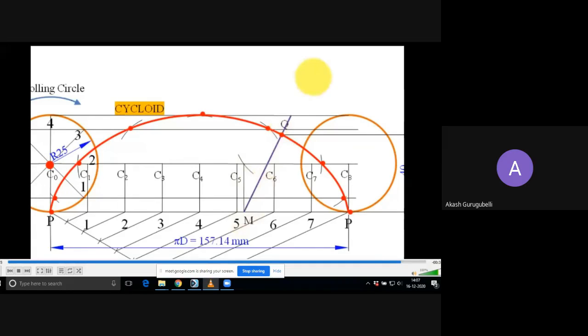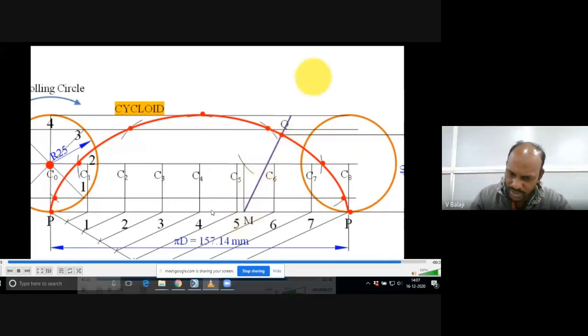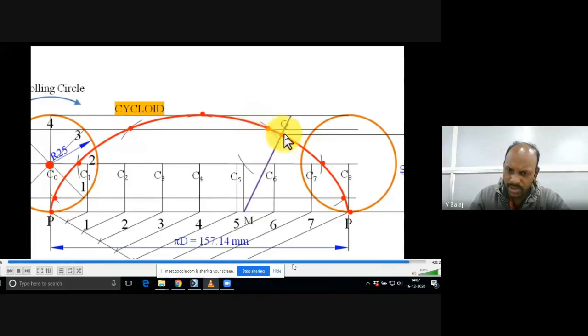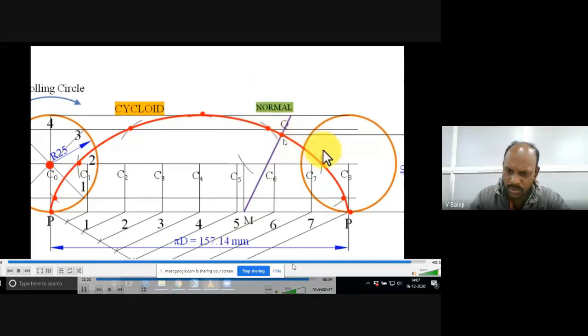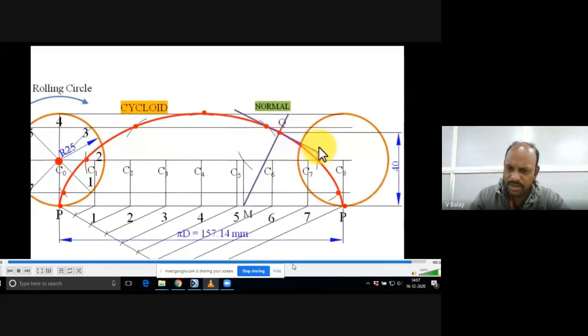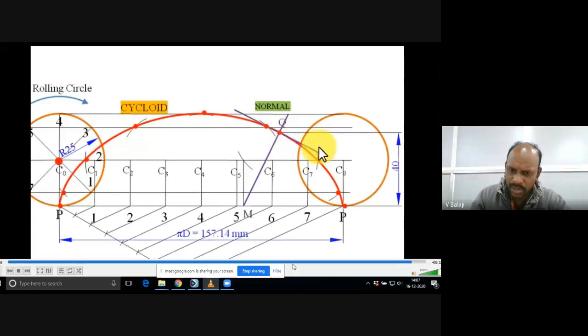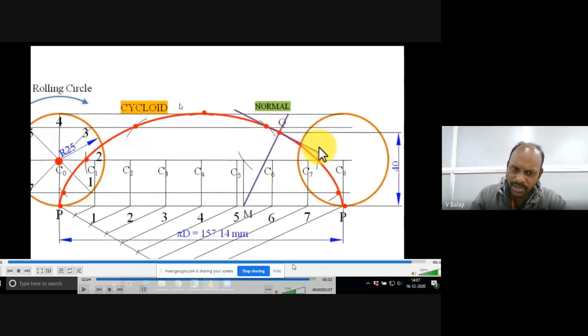Normal. Very good. Now you know how to draw the tangent, right? Match one of the scales of your mini drafter to this line and draw one perpendicular at point Q. Or you can use a protractor, but better you go by mini drafter. So this is the way you need to draw normal and tangent anywhere on the curve. We can take the Q point somewhere here or here and get the normal and